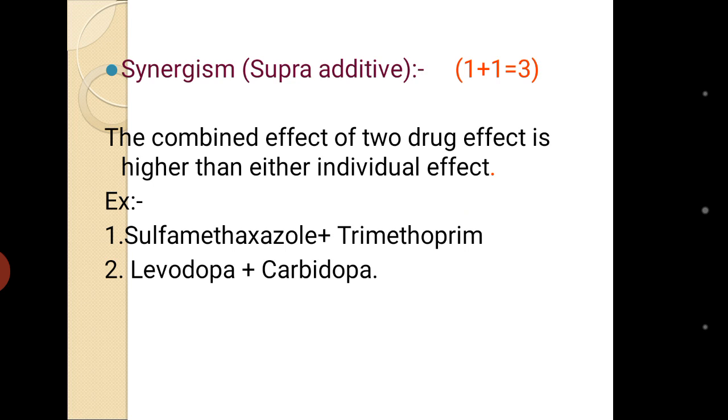The next combination is levodopa plus carbidopa. See, these drugs are used in Parkinson's disease. In Parkinson's disease, there is a decrease in dopamine level. We can't give dopamine directly, so that's why we give its precursor, levodopa. Dopamine, if you give it alone, cannot cross the blood-brain barrier. It cannot increase the dopamine level in the cerebrospinal fluid, in the central nervous system. Okay, so they give levodopa. Levodopa can cross the blood-brain barrier and increases the dopamine level in the cerebrospinal fluid.